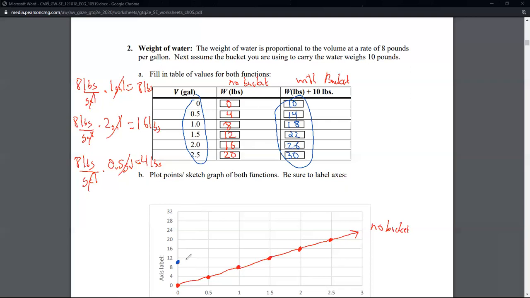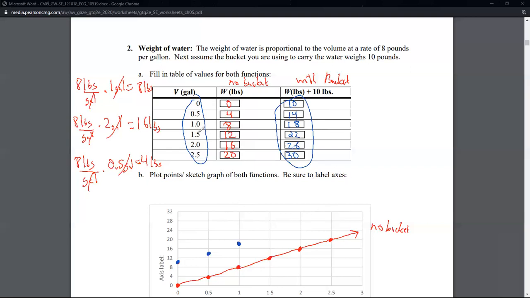0.5, comma 14. So we go right a half, and we go up 14, which is also halfway between 12 and 16. 1, comma 18. So we go right 1, and you guessed it, up 18, which is halfway between 16 and 20. There's a pattern here. These first 2 points, because these were a line, and I'll explain how I knew that in a few minutes. But now that I can see these keep following the same pattern, I could extend and just keep going, but